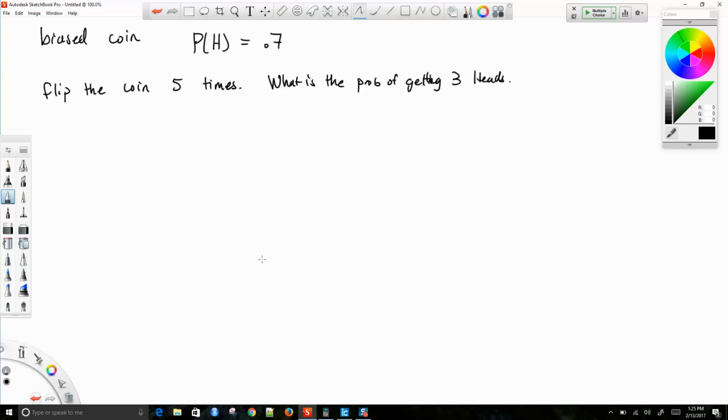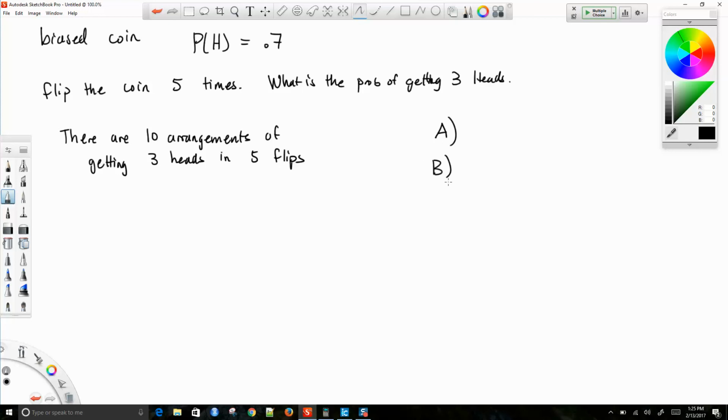There are 10 possible arrangements of getting 3 heads in 5 flips. Okay, and so your answer choices will be, I've got to think of some good ones. All right, so we'll have 0.7,